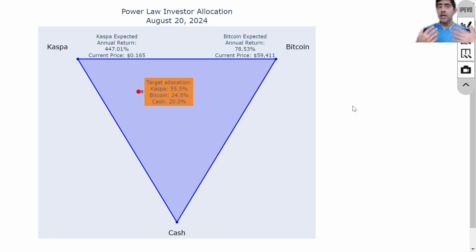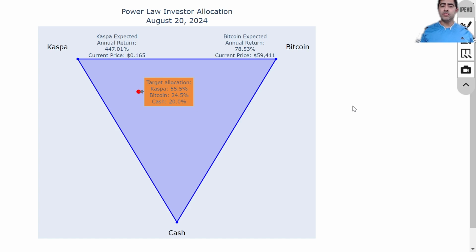And this is my interpretation of using the power law to go into crypto assets that I feel will give the maximum return over the upcoming crypto cycle. Now, it's important to know that I'm not the discoverer of the power law. I will tell you how I'm using this discovery, which was made by Giovanni. And you can do a search for Giovanni and power law on YouTube or on X and find lots of details about this if you want to dig into it. But this is my interpretation and my analysis of the phenomena that he discovered and the theory that he's using, and to interpret it and how I would leverage my funds going between these three different assets.